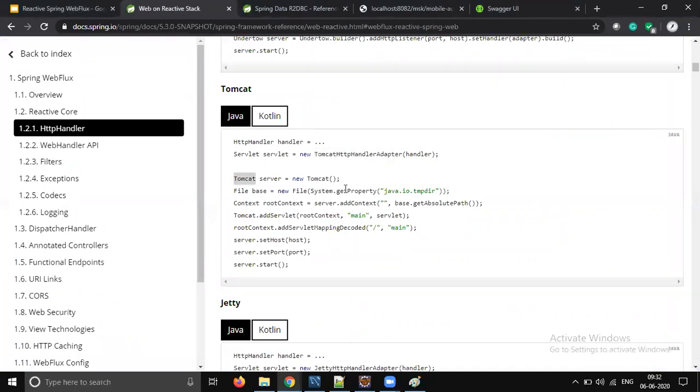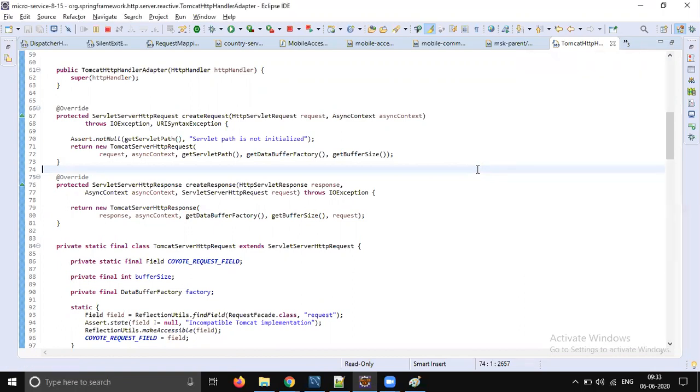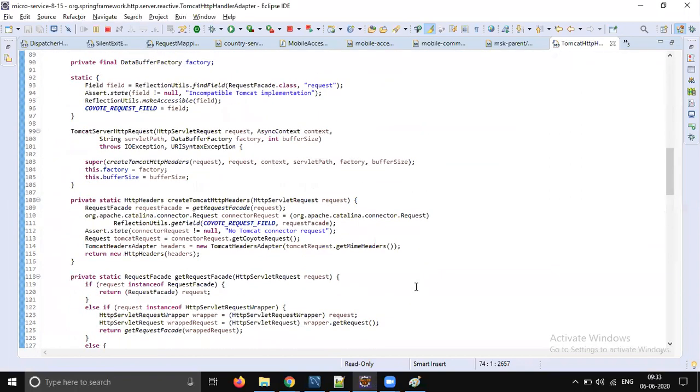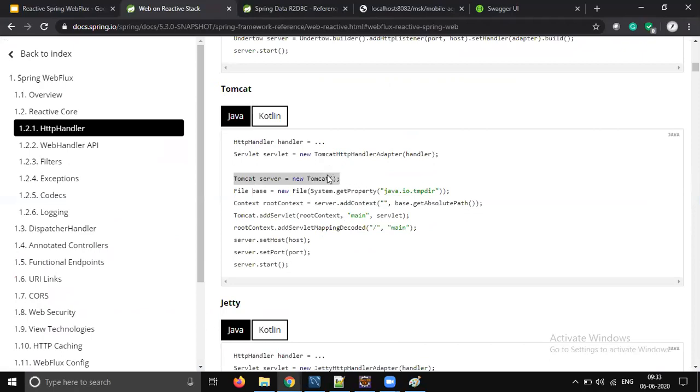It's a Tomcat. Let me check where this code is present. The documentation is showing something which is not there here. Okay, I think this is being configured somewhere else.